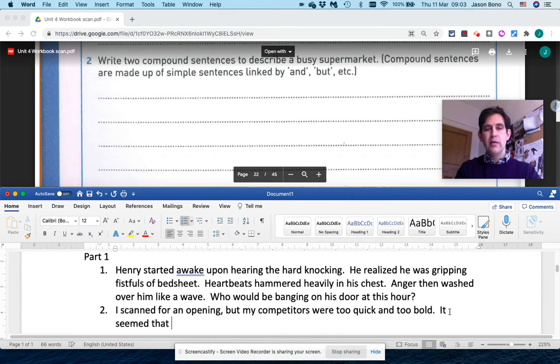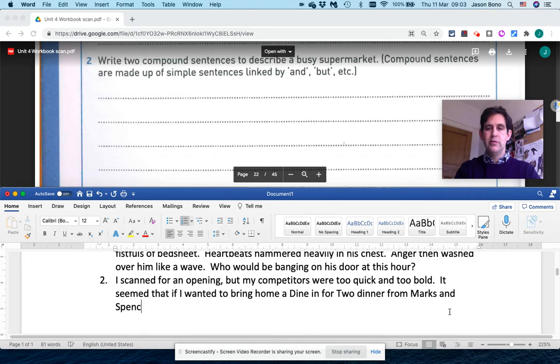It seemed that if I wanted to bring home a dine-in for two dinner from Marks and Spencer. Now I have set this up to be a different sort of sentence, so I'm going to simplify it so that it's clear. I wanted to bring home a dine-in for two dinner from Marks and Spencer, but